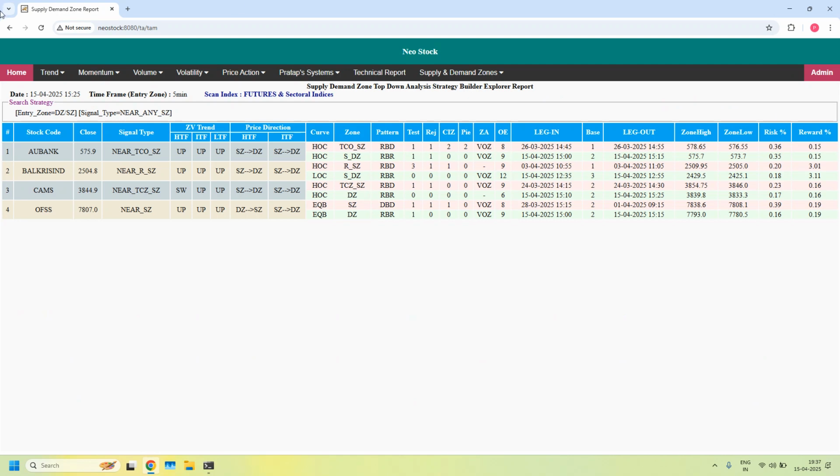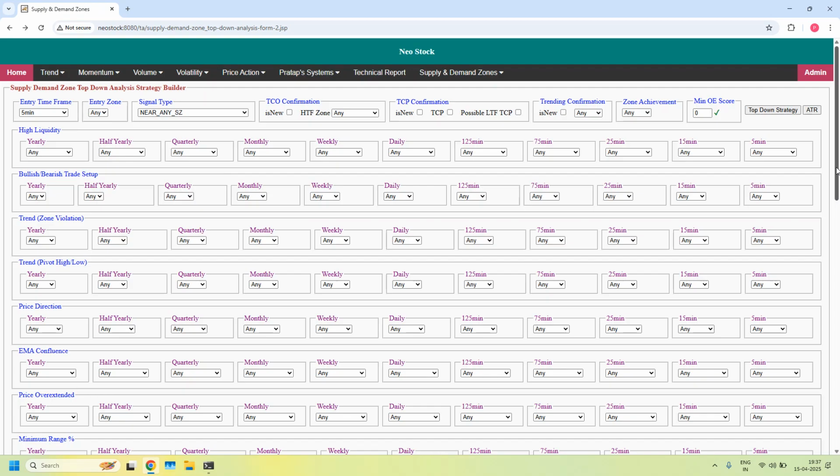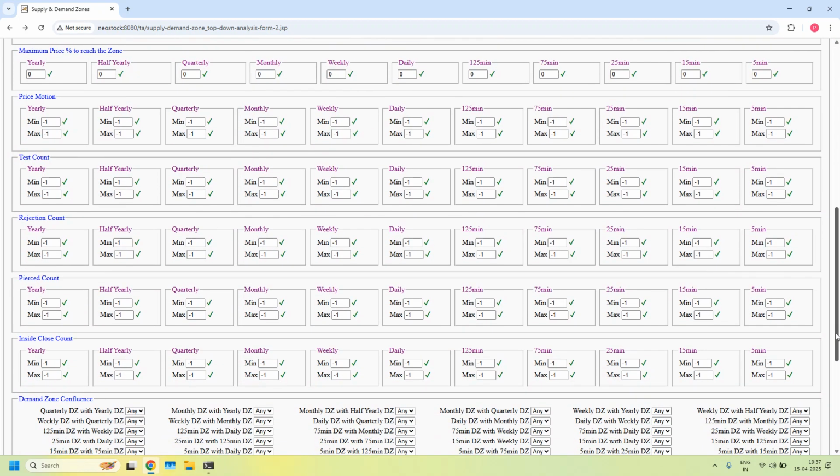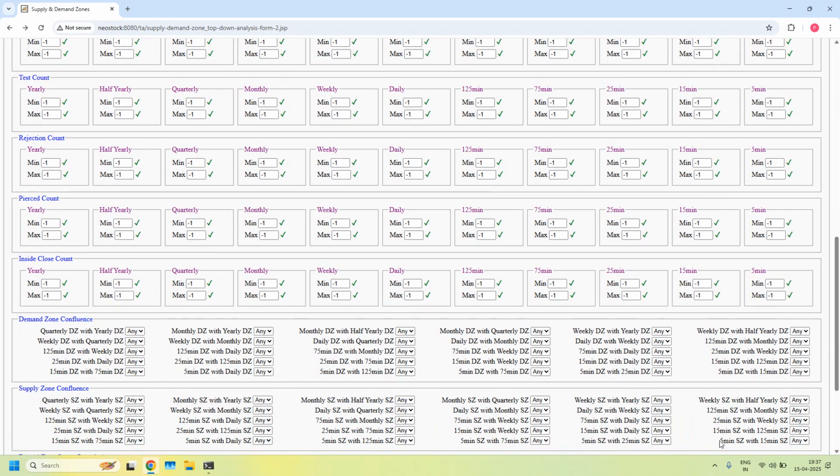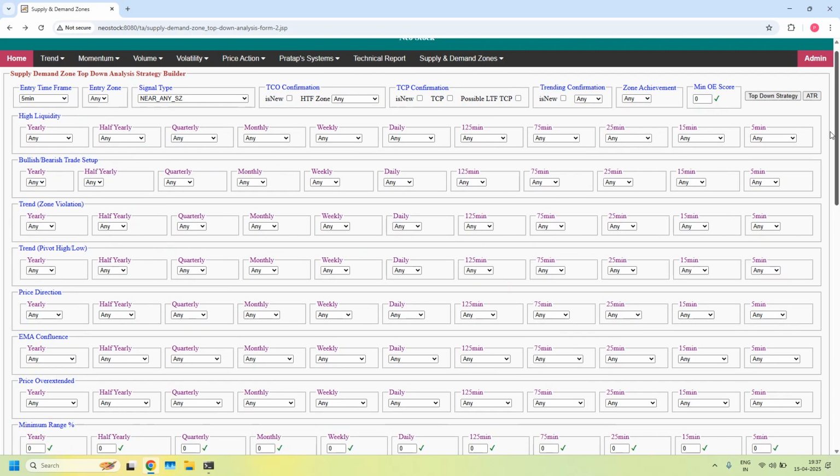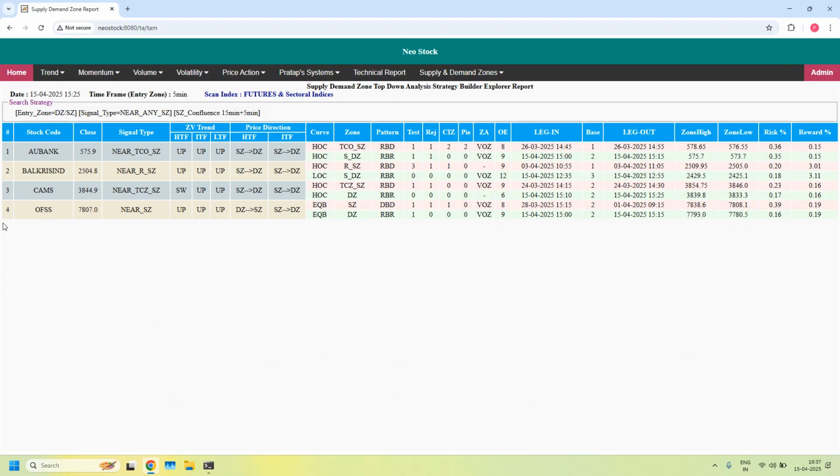Let us look into the supply zone confluence. 5 minute supply zone with 15 minute supply zone confluence. All 4 are filtered, but the first one is a pierced zone, we can ignore it. So this is about stocks near demand and supply zones for different time frames. So what's next? Next we will generate